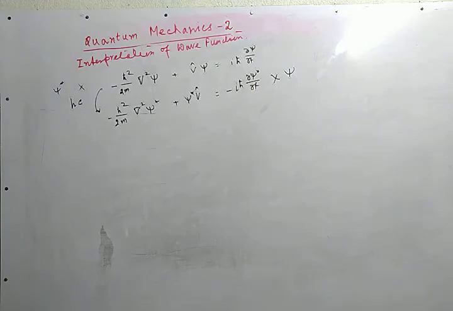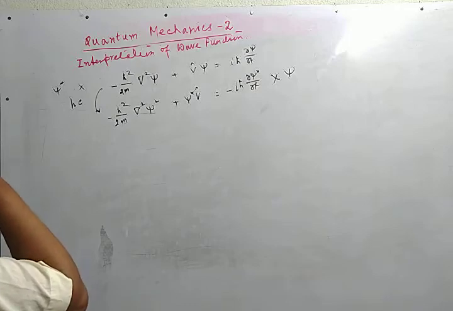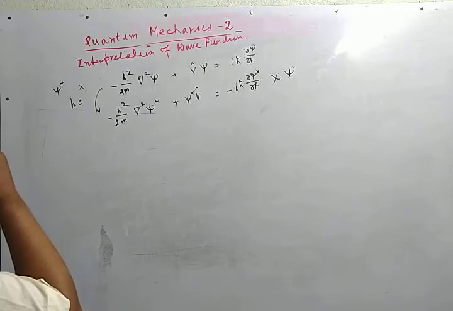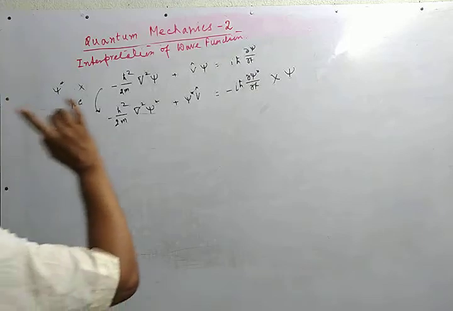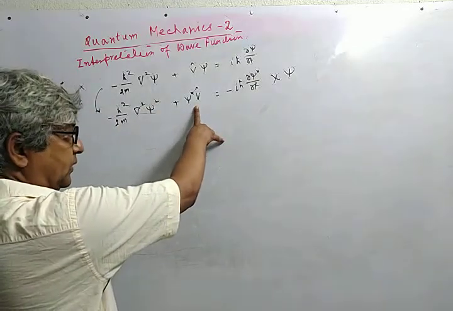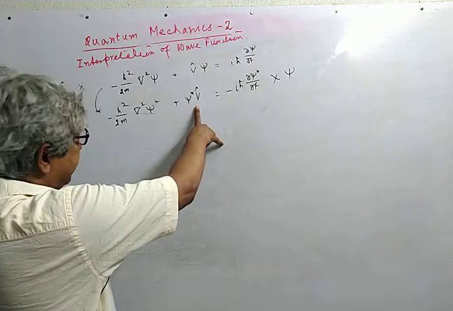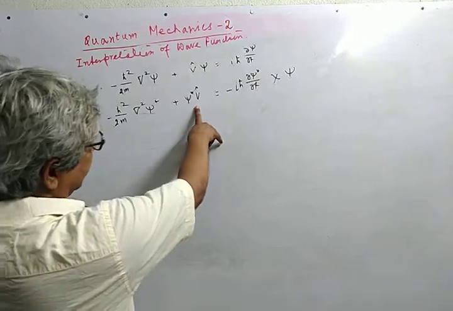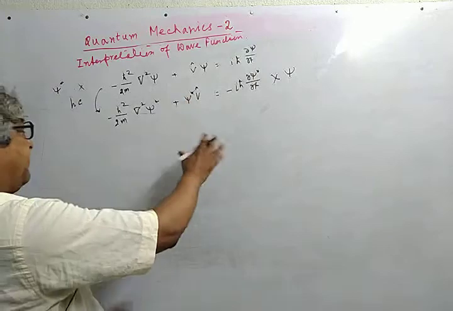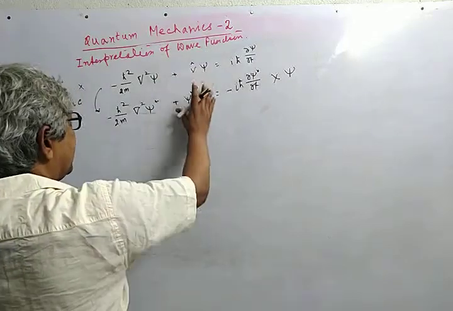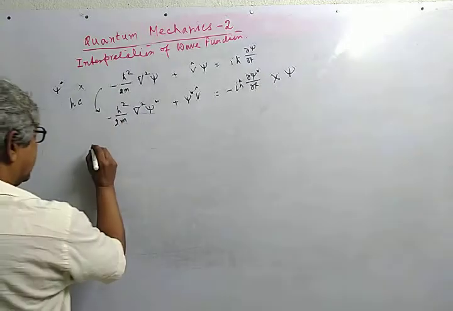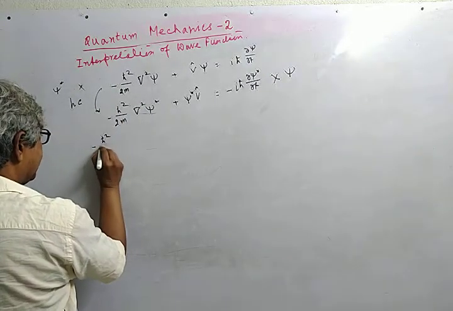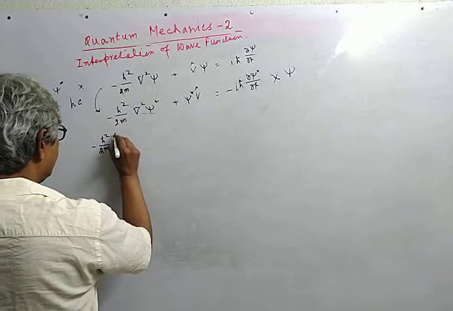If V happens to be a complex potential, as people used in nuclear physics to represent loss of particles, that is, to take into account radioactivity, then V would be a complex quantity, and the cancellation will not be total, and a contribution will be there, to be treated as either a sink term or a source term in the continuity equation. At present we assume V to be real, and this term gets cancelled, and from here we get minus H line square upon 2m